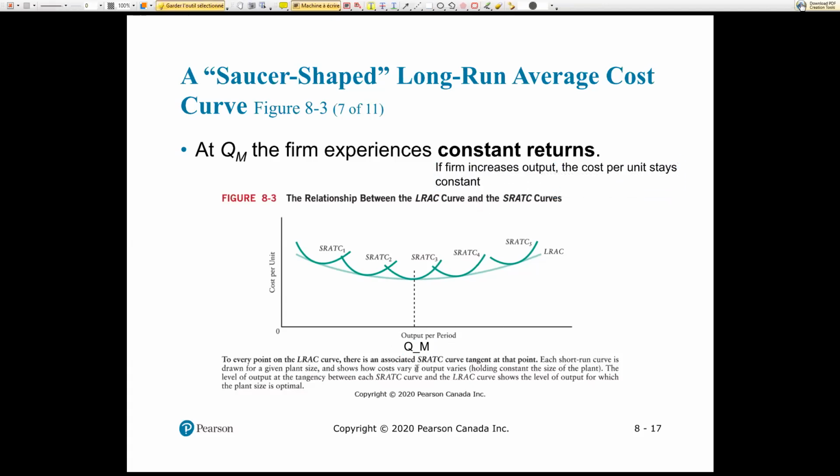So this essentially means that I could at that point produce, say, 100 more, and the cost of this 100. So if for instance,